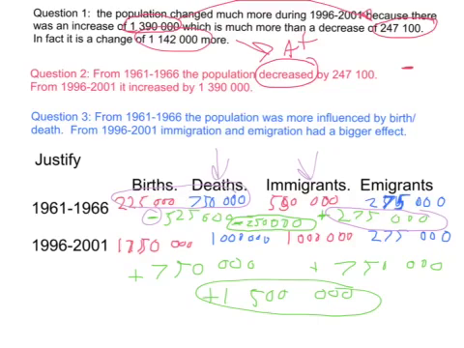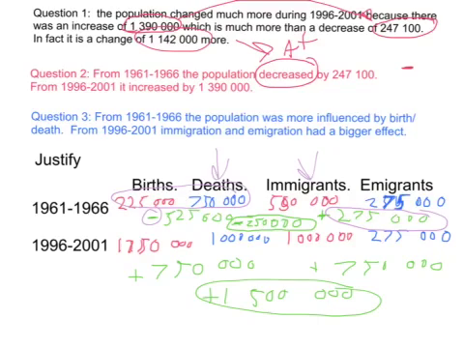And from 1996 to 2001, you can see the numbers that I've rounded there. In fact, very quickly, I could look at the deaths and the immigrants and see that those two numbers are about canceling each other out. By rounding, they both round to 1 million. So in fact, I really only have to compare the births and the emigrants, and I can see very rapidly that